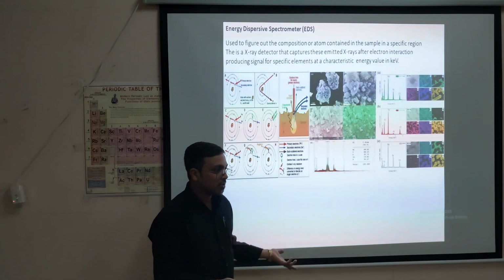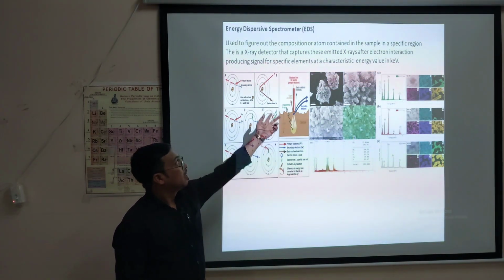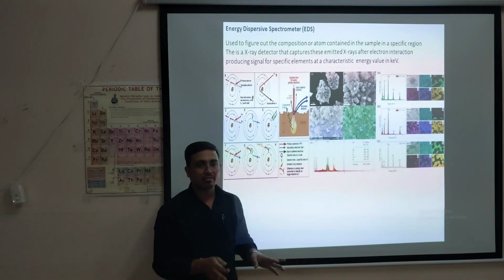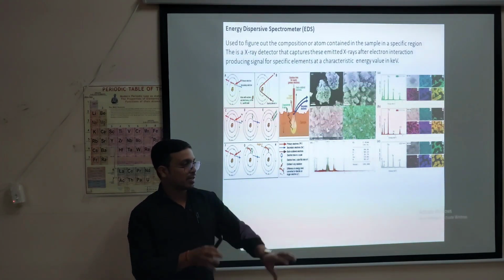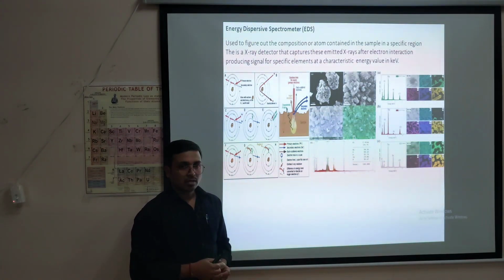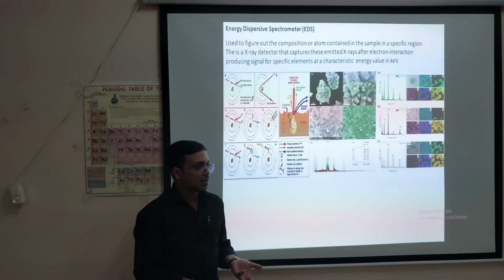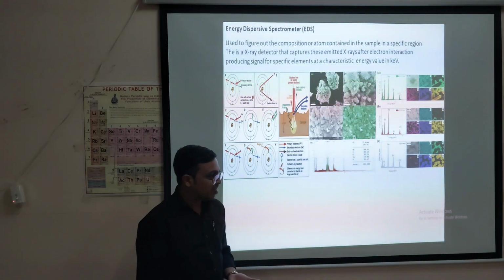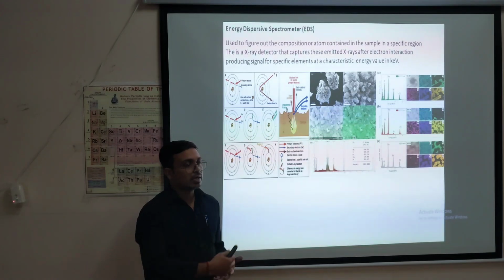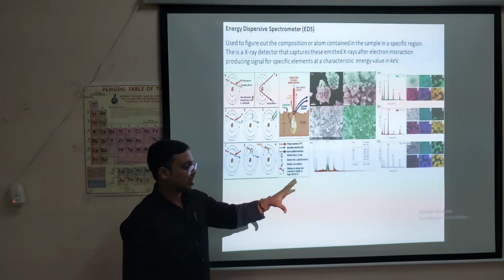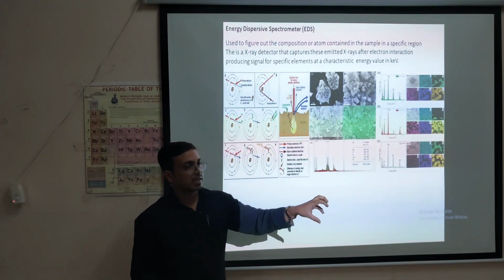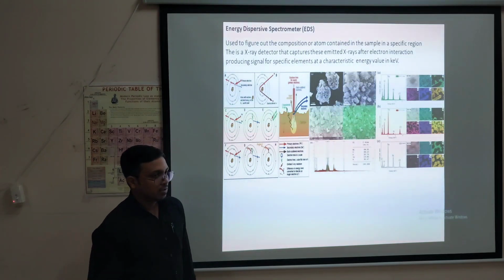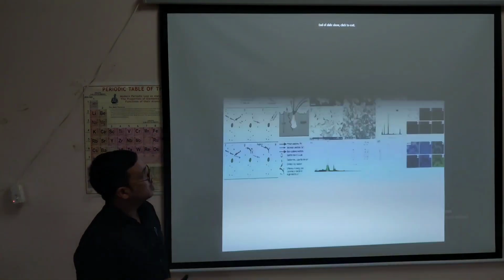Sample purity you can write also here. From this data, if you have a sample containing molybdenum sulfide or g-C3N4, graphitic carbon nitride, it is composed of only carbon and nitrogen. So your EDAX image will show only what? Peaks of carbon and nitrogen. So you can claim sample purity, and you can correlate accordingly with the XPS. This one gives me information regarding my content, and XPS also validates the same. So my system is okay now. You follow? So that is all about it.